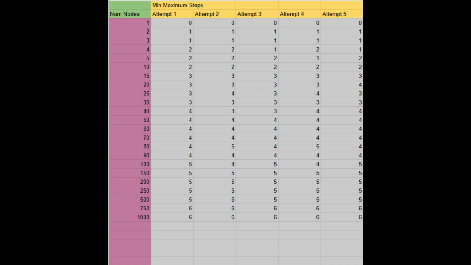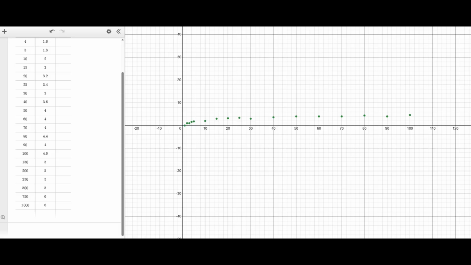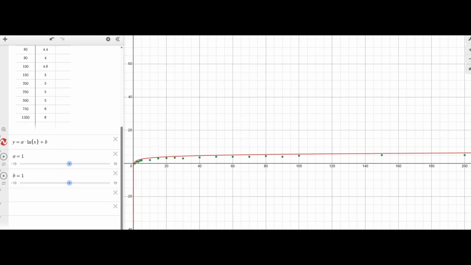After a while of collecting data, I made a good old spreadsheet, and then used good old Desmos to plot my points. I recognised the trend to be logarithmic growth, so I inputted the curve into the graph, and it resembled my points well. I adjusted the variables A and B until I had the most accurate correlation. Now all I needed to do was substitute x of the equation with the population of Earth, which I took to be 8.27 billion. So now we have our answer, a max of 20 to 21, which is far from 6,